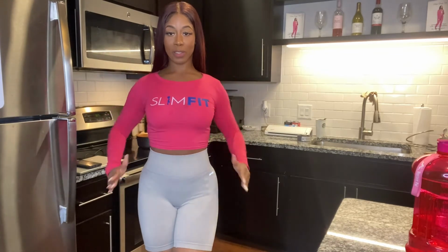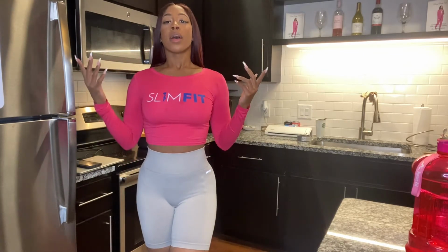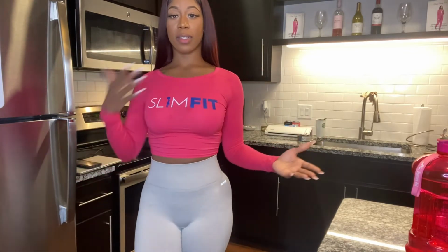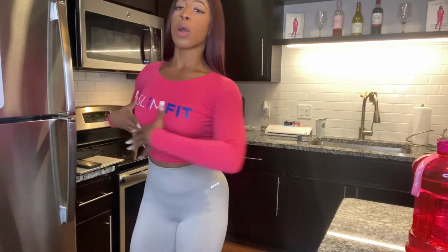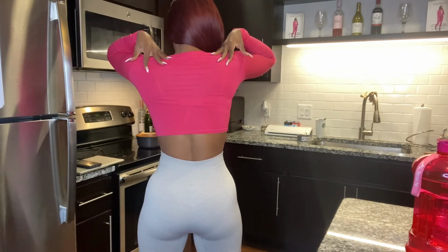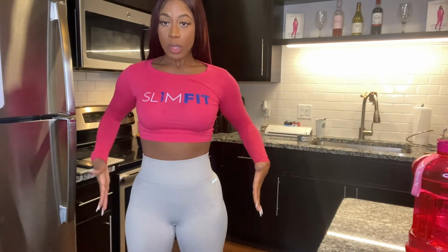But there's almost a science to it. Your body is more of an illusion look that you're going for, right, when it comes to the Coke bottle shape, the hourglass shape. What fitness models, fitness influencers and fitness trainers do to achieve this look is work on your upper body, as in your back. So you're going for a wider back look, and that's going to give you an illusion of a smaller waist. You are also building your lower body assets, right? So you are growing your legs and glutes,